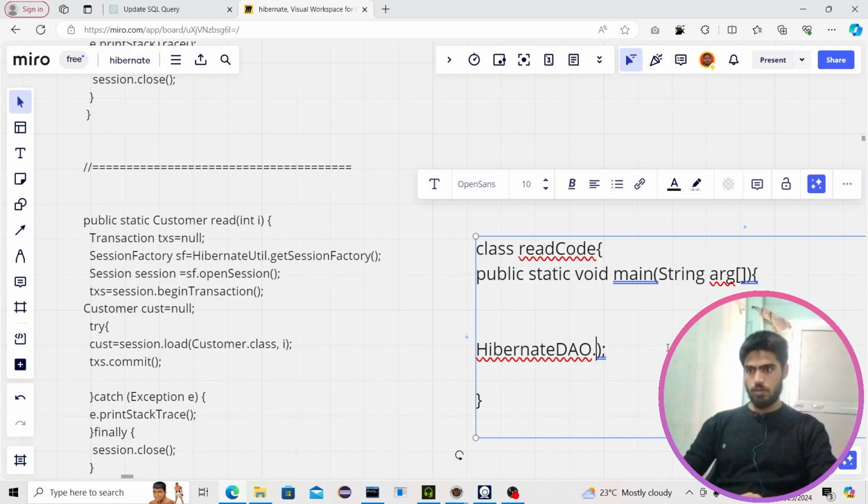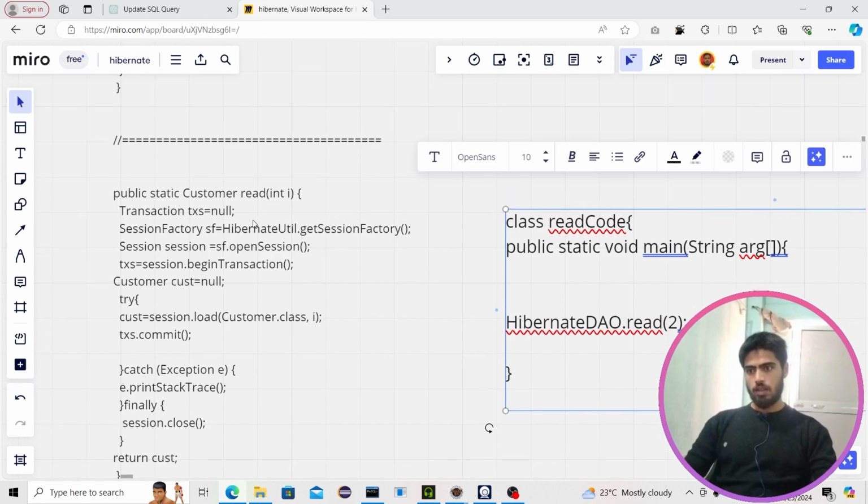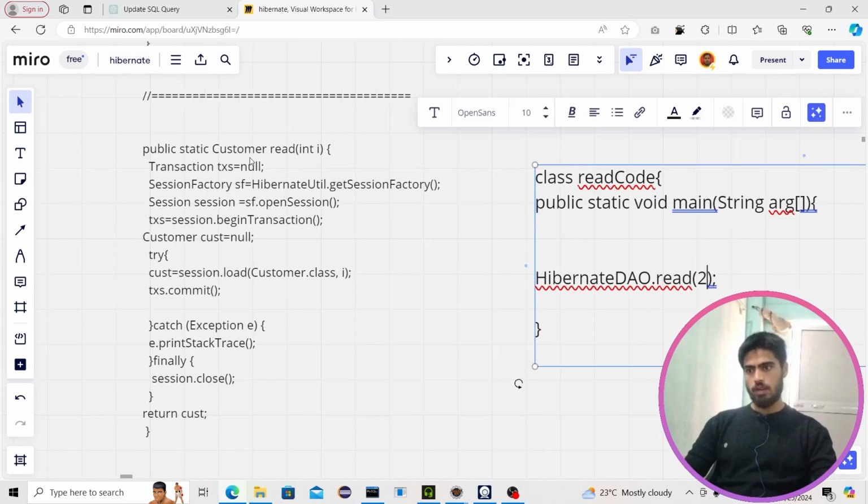So read method is taking an int type value as an argument. So let's say 2. What will happen in this case? 2 goes here and our code will run, this read method will run, and in